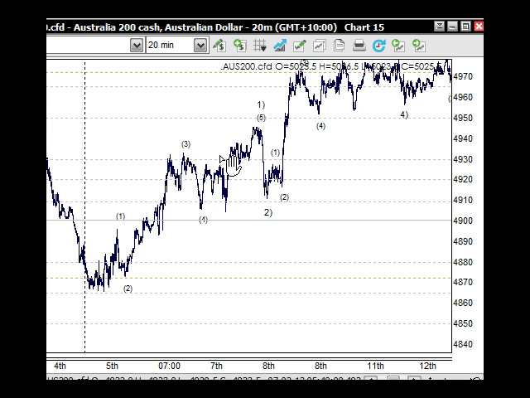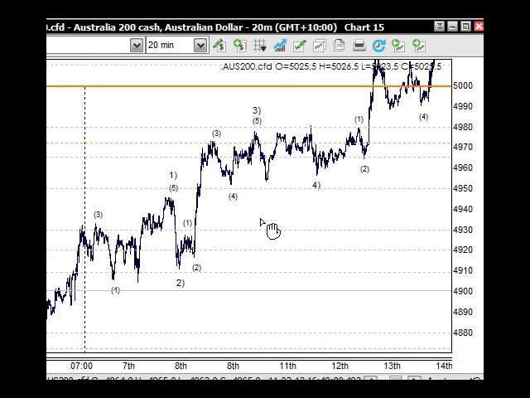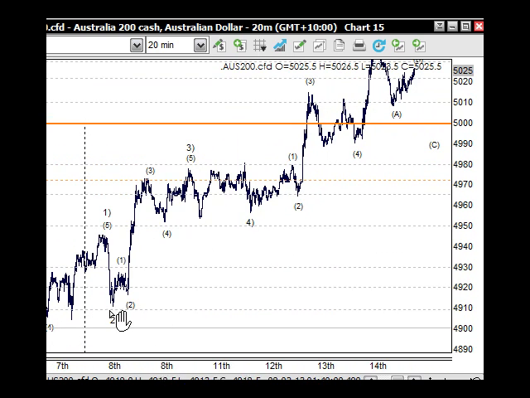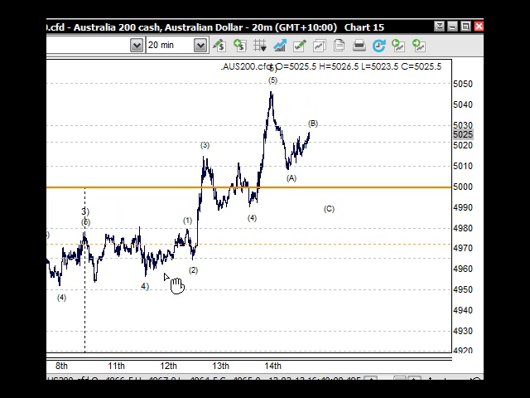So basically we've got 5 waves up for wave 1, we've got wave 2 coming back to here, wave 3 would be the 1, the 2, the 3, the 4 and the 5 to here, which would make the top of wave 3. And we were looking at this being a wave 4 through here, so an A and a B and a C here for wave 4. And then we're looking at wave 5 going up. So it counts reasonably well here, the 1, the 2, the 3, A, B and C for the 4th here, and up for the 5th.